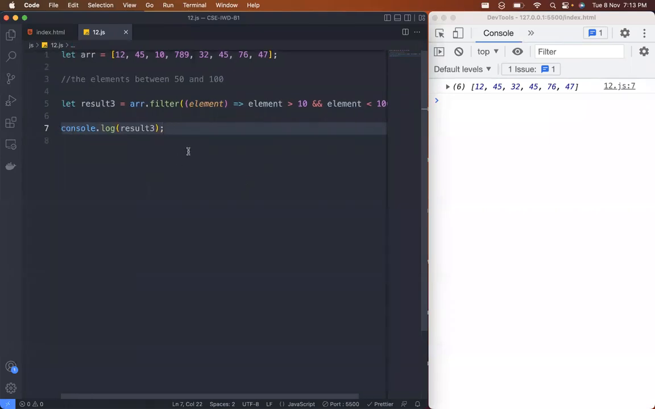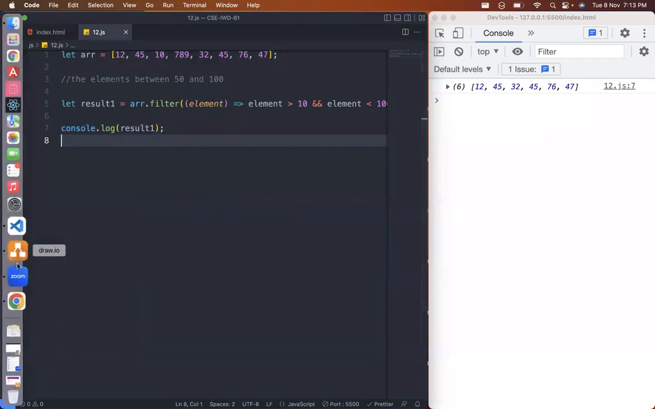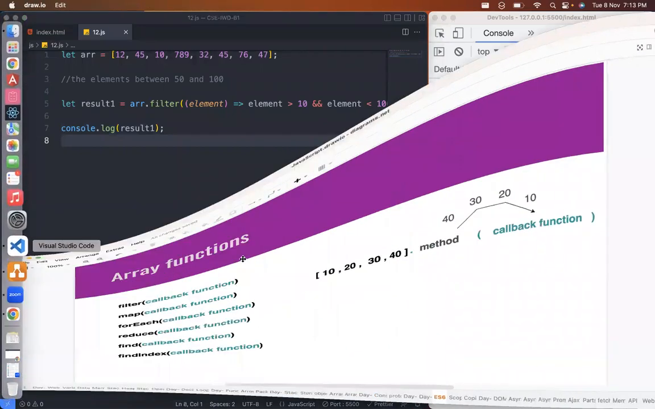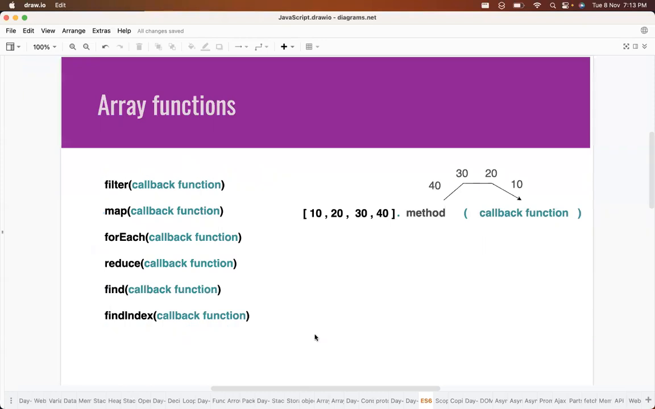Hope you are clear with the filter method. This can be used to filter out unwanted elements here, hence it is clear. So now once you understand one of the function syntax, you can understand the remaining methods very easily. Because each method has its own behavior, but the common functionality is calling the callback function by the outside